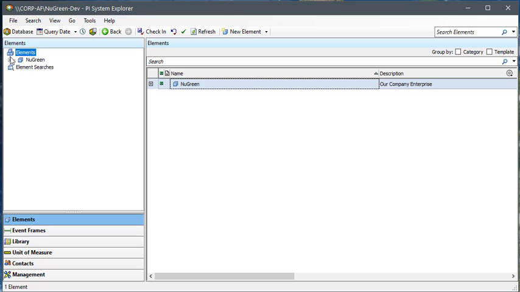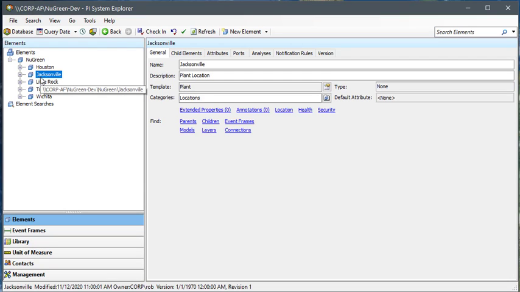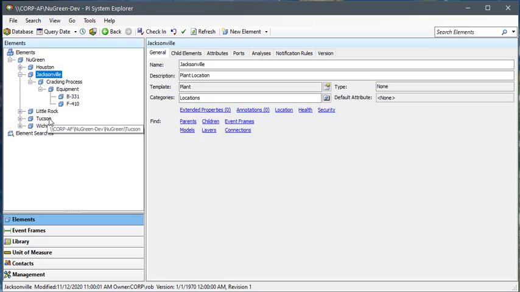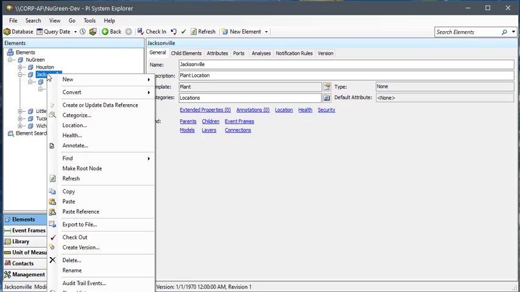In my development database, I will go to Jacksonville here, and I'm going to create an XML file. I'm going to export all of this into XML. So that'll have all the things that I'm adding, and I can document that in my change management process. And then I'm going to use my Git repository to keep track of the changes to my overall new green database. So here in Jacksonville, I'm going to come here and I will export it to a file,